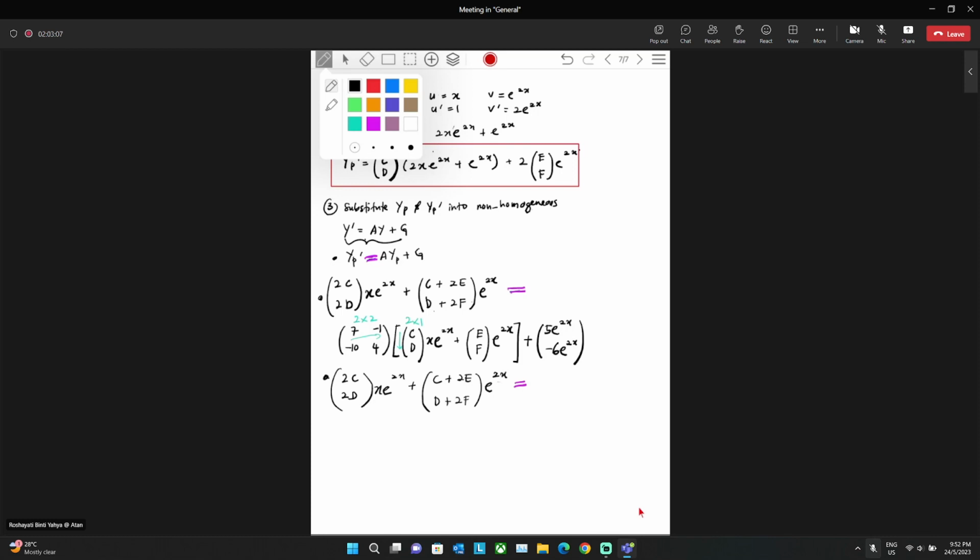Last time in class, for those who went home late that day, we discussed how to multiply between two matrices. So 2 by 2 and 2 by 1, you will get a 2 by 1 matrix: 7C plus -1 times D, so 7C minus D, and then -10C plus 4D